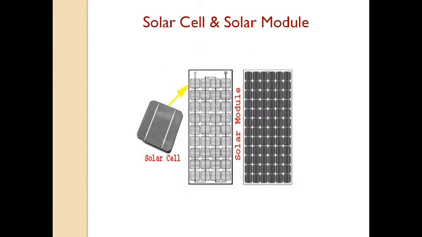Silicon is normally used as the semiconductor material for producing such a solar cell. Conductive metal strips are attached to the cell. A solar cell or photovoltaic cell is not capable of producing the desired electricity. Instead, it produces a very tiny amount of electricity. Hence, for extracting the desired level of electricity, the required number of cells are connected together in both parallel and series to form a solar module or photovoltaic module.